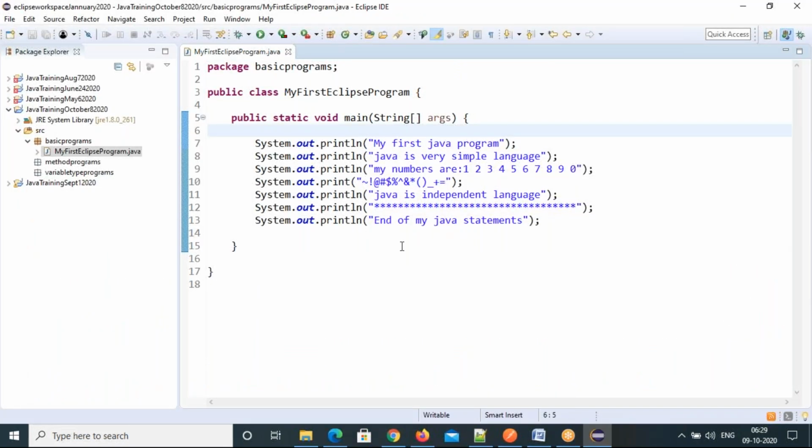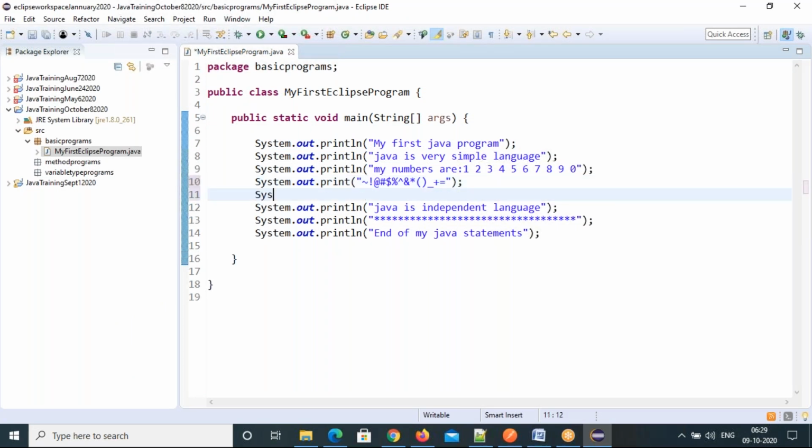For example, if I give it like this, without a string also I can give it. So print and println have many forms.